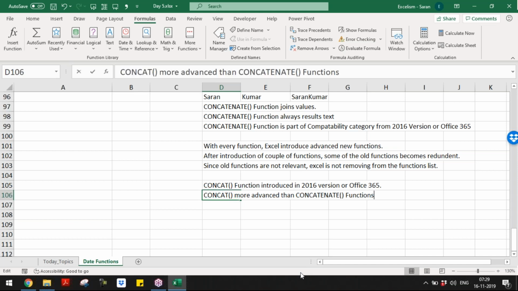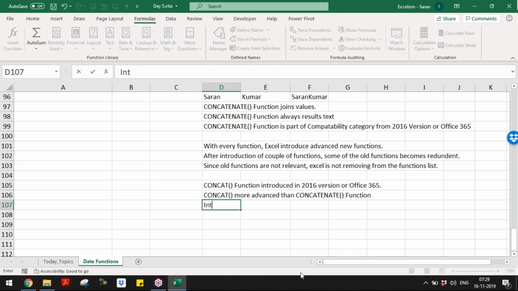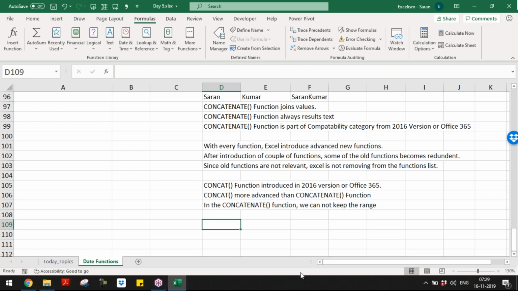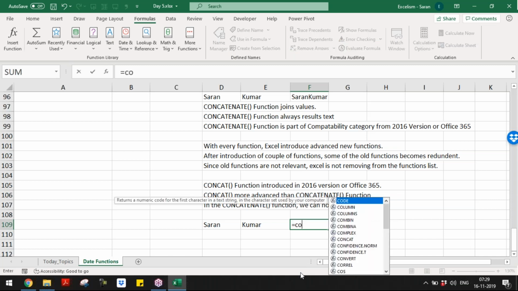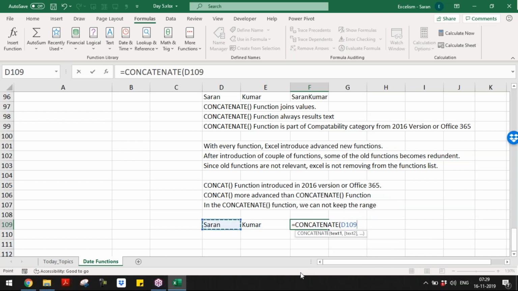What is the limitation? In the CONCATENATE function, we cannot keep ranges. For example, Saran is there, Kumar is there. I cannot put a function named CONCATENATE with this and this.